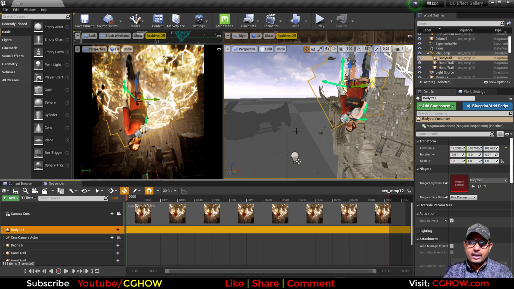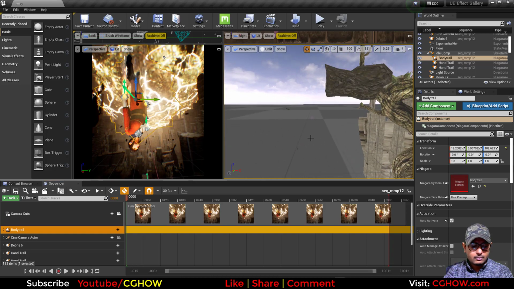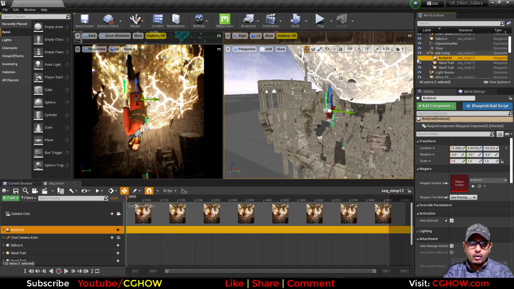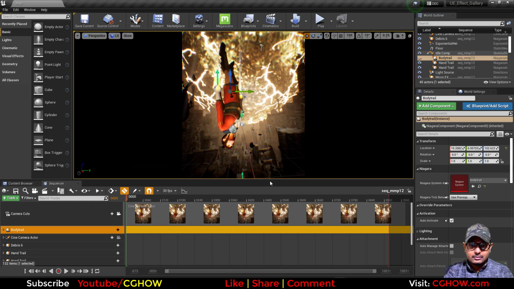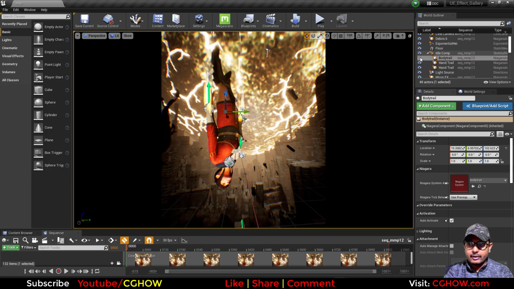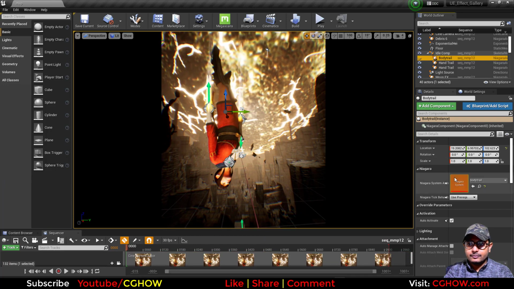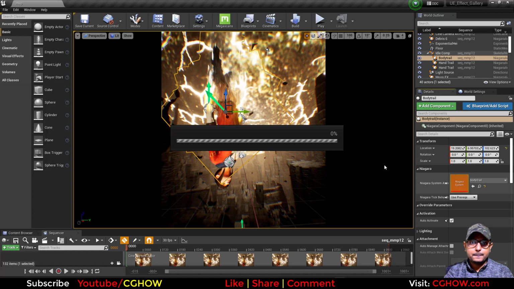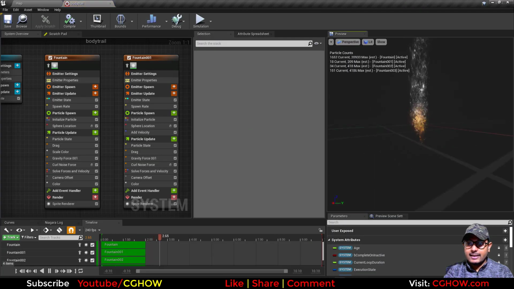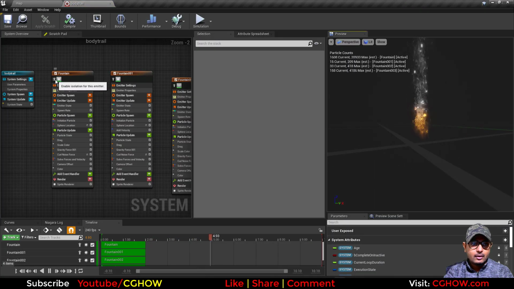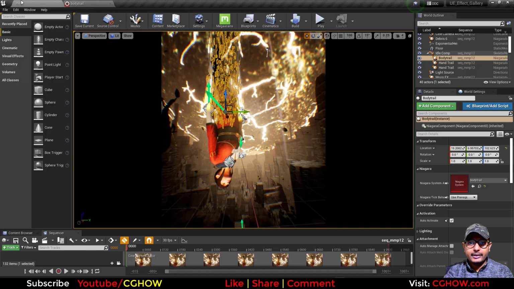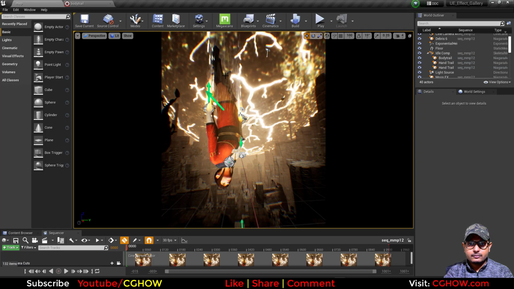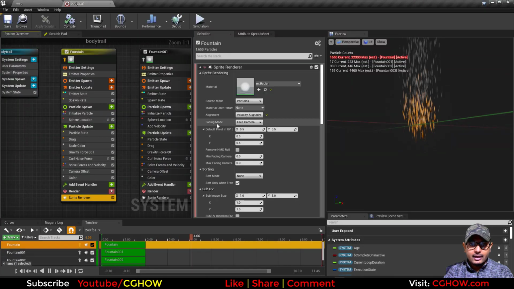So here first I have this body trail. If I turn this off, you can see this effect is for these legs. If I turn it on, this is the effect. So let me just show you. It has these elements. First is just some particles which are initially orange, then white. I am using just a radial, and it has velocity aligned.